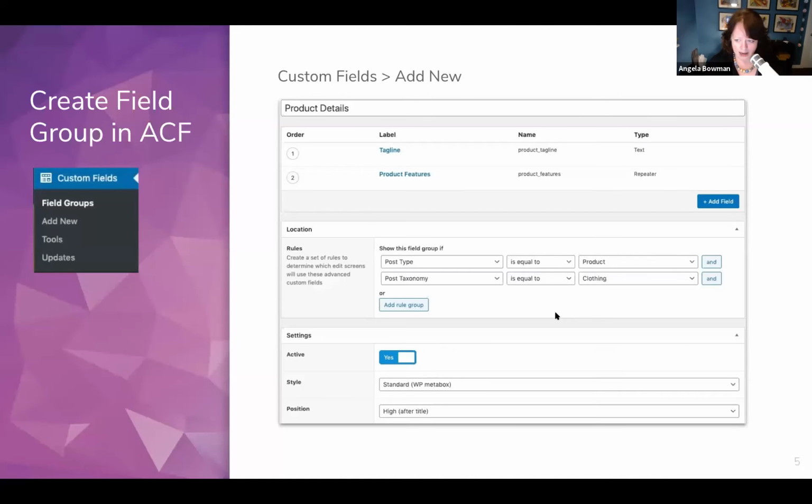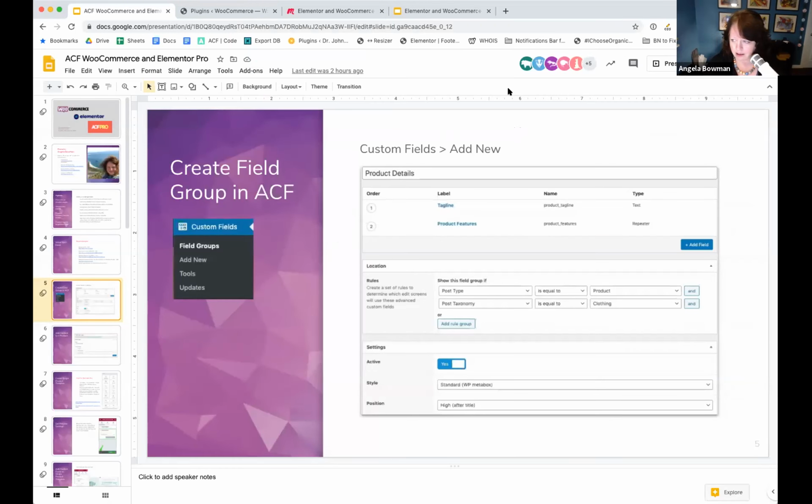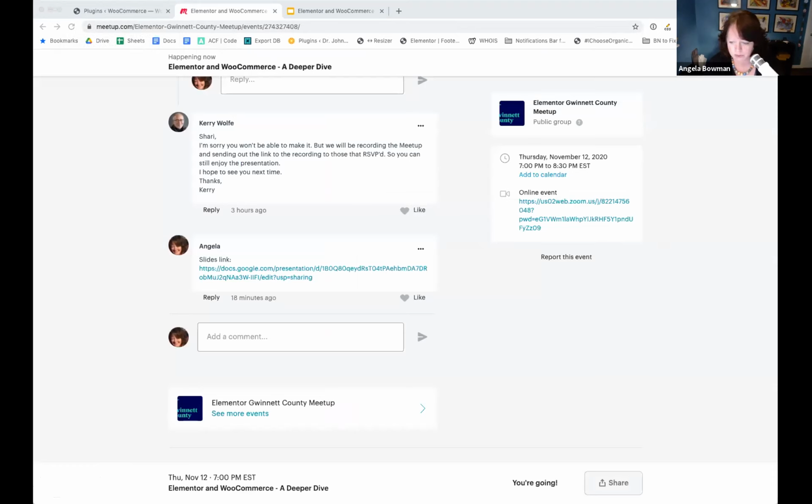Okay, so I'm going to pop out of these slides because I want to just show this all to you in the actual dashboard because that's going to make a lot more sense. Let's see. So I'm going to move my slides window out of the way. But I'm going to look at my slides, and you can look at my slides if you have room to look at the slides and the screen share, because my slides are kind of my agenda. Okay, so